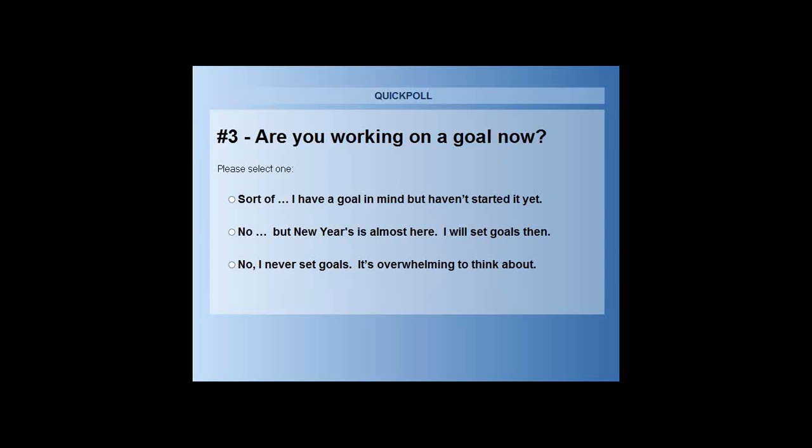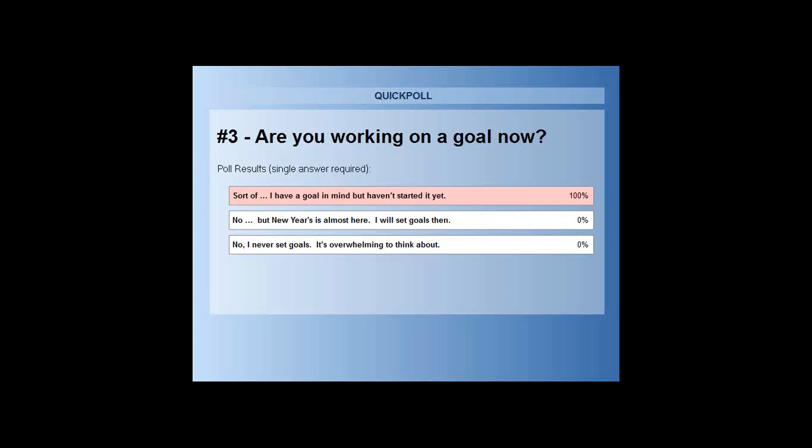Do you have some particular goals that you're working on now? Do you not have any goals? Then your answer would be no. Do you set goals at all? Is that a technique that you use in your life? So please go ahead, use your mouse, and click on the choice that best describes you and where you stand with the use of goal setting in your own lives. It looks like pretty much everyone has voted, so we're going to close the poll now in 3, 2, and